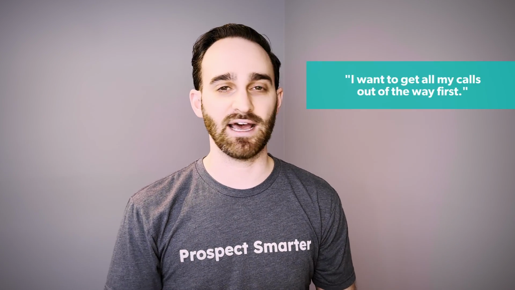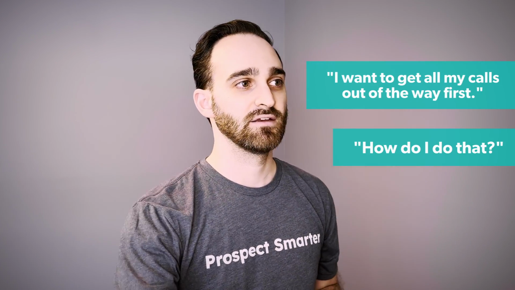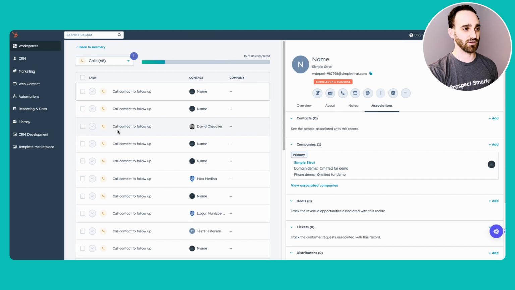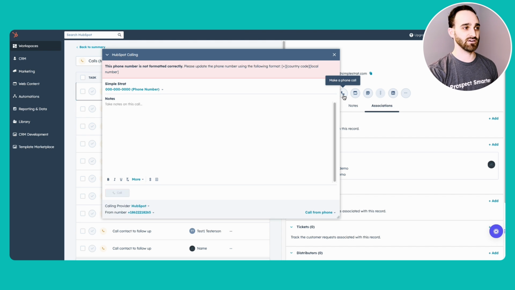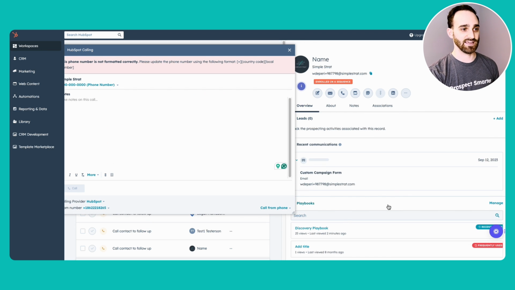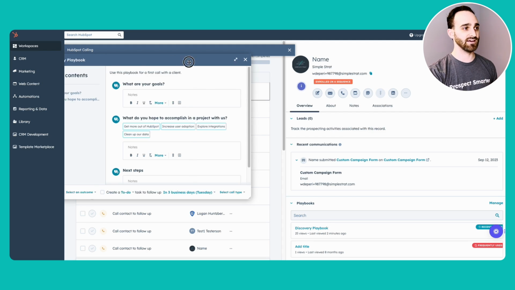You might be thinking, okay, great, I have all these LinkedIn connections, but I want to get all my calls out of the way. Up here, I can actually filter by task type. So I can say, show me all of my calls. So I have to call this contact. I can call right from here, make the phone call. I can take any notes as I'm dialing out to this person. Again, on the left-hand side, if they pick up, I can pop open any playbooks that I have, take notes